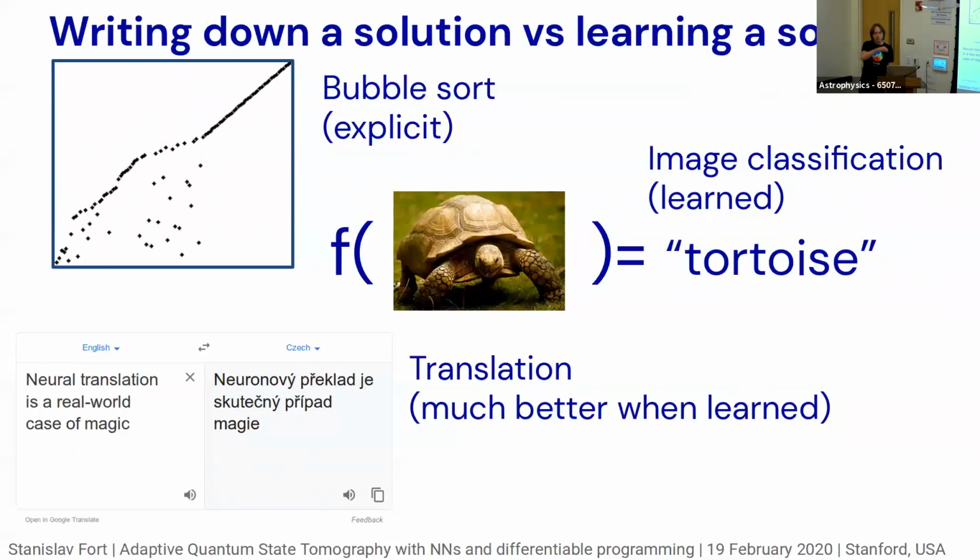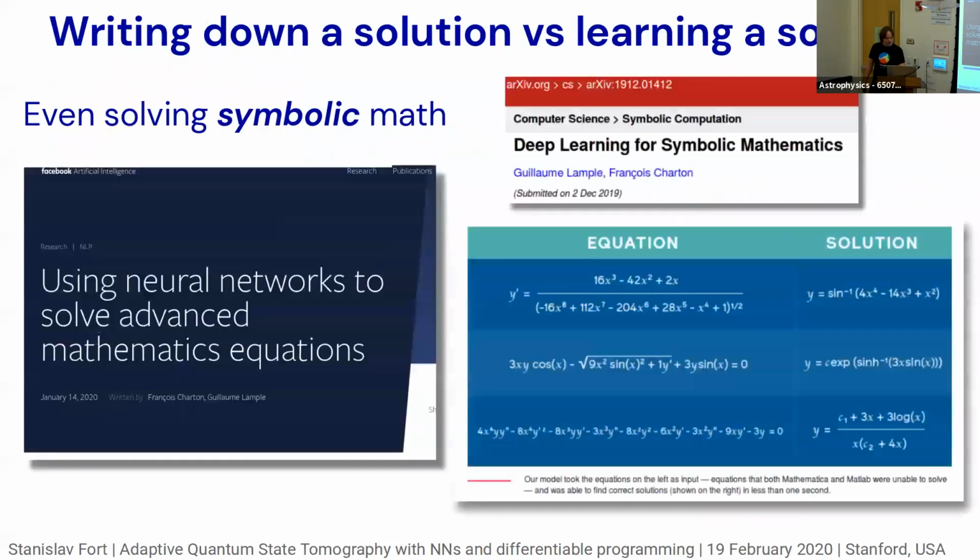So there's a span of problems from explicitly solvable, that being the best, to completely unlearnable, and then you can fail at doing things if you don't learn it. And this goes even to things where you would not expect deep learning would make much headway. So there's a paper from, I guess, December. The field moves really quickly, so it feels older, but actually it's from December only, from Facebook AI Research, where they used the same machinery for translation, kind of natural language understanding machinery, to do symbolic integration.